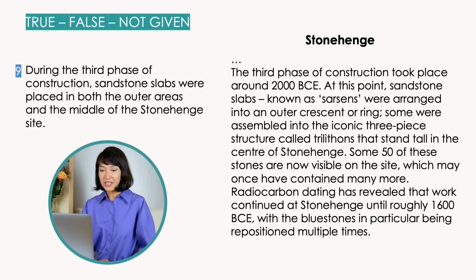Ready? So we need to understand whether those slabs or big stones were placed in both the outer areas and the middle of the site. Let's have a look. So slabs were arranged, so instead of placed, we have arranged into an outer crescent or ring. Yes, outer areas. Then we have some extra information we don't really need, and some of them stand tall in the center. Yes, in the middle. The answer is